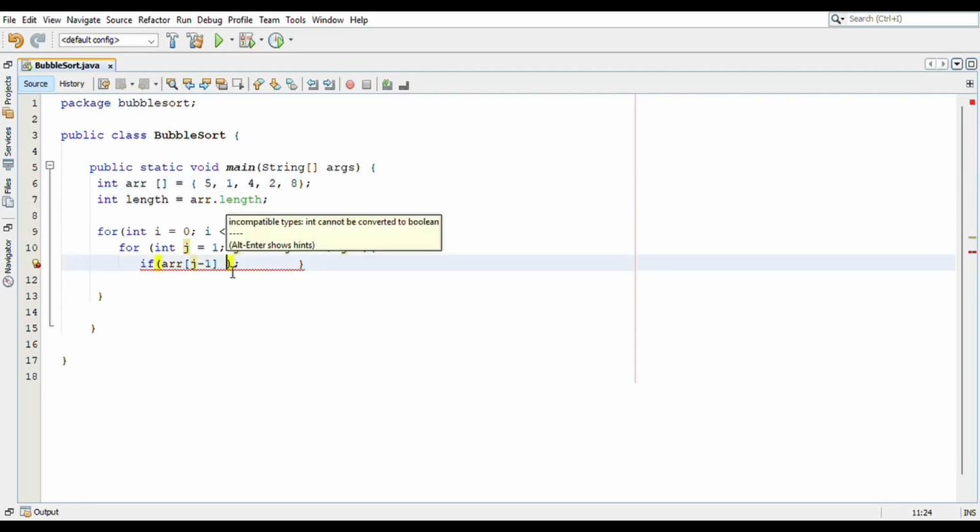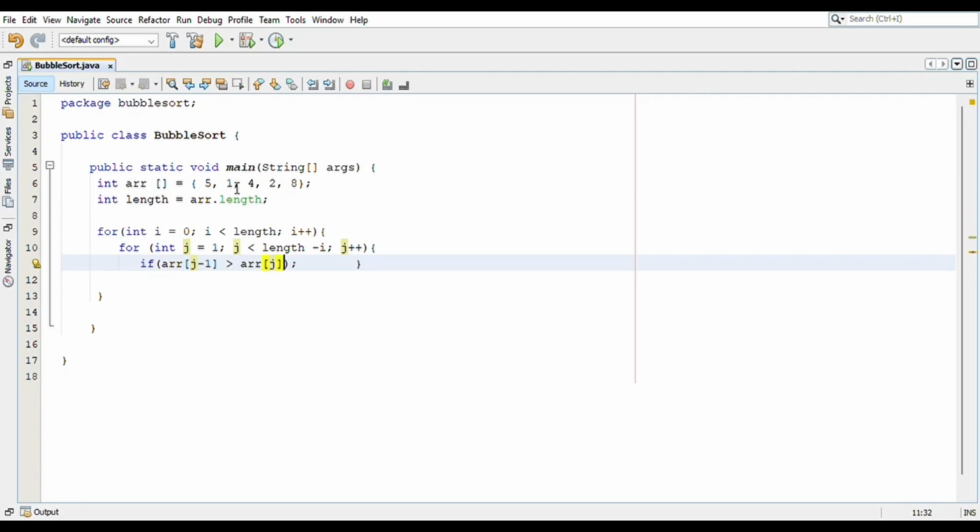So I will write arr[j-1] greater than arr[j]. In this case, 5 is greater than 1, so we are checking this condition.